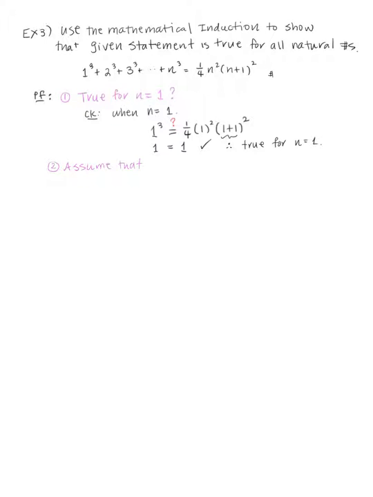Basically, what we are talking about is assume that 1 to the third plus 2 to the third all the way up to n to the third equals 1/4 n squared times n plus 1 squared. So this is our assumption now. Okay, now step 3, is the statement true